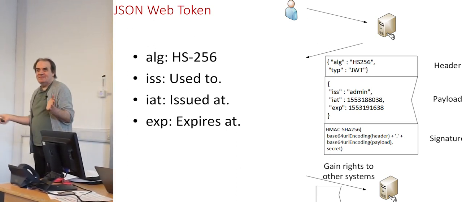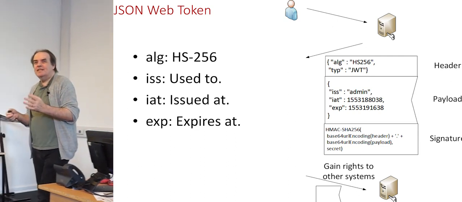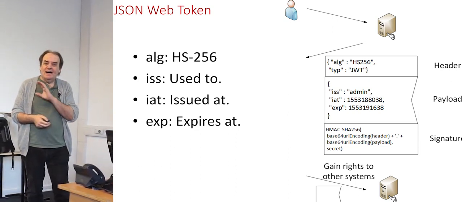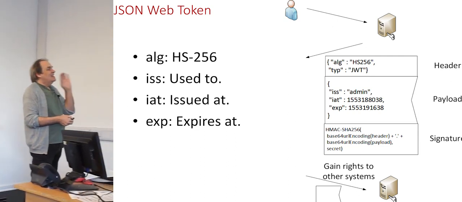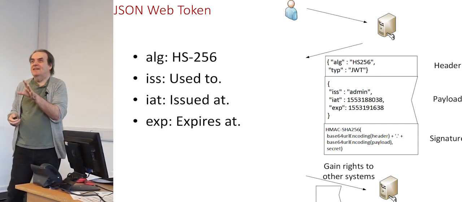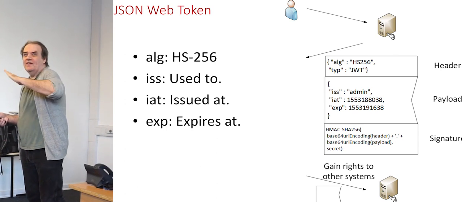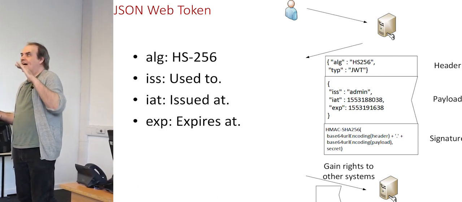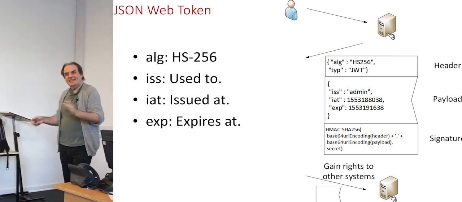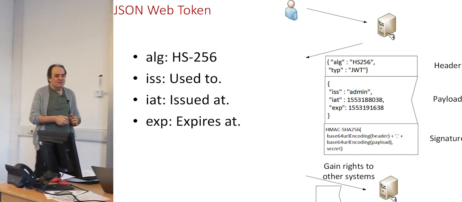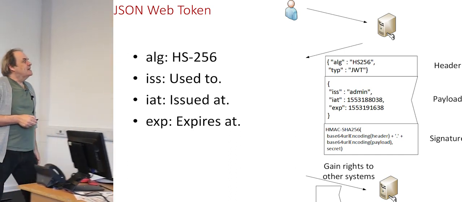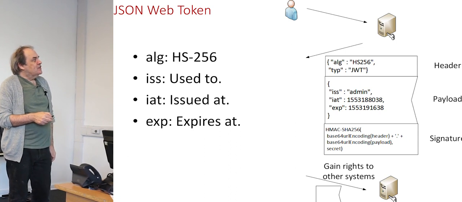whole systems. The damage that somebody can do by stealing a JSON token is phenomenal. And the way that many systems are set up is that you have admin or others, and if they get the admin token, they can be into all of your systems almost instantly. Okay, so we have our basic JSON